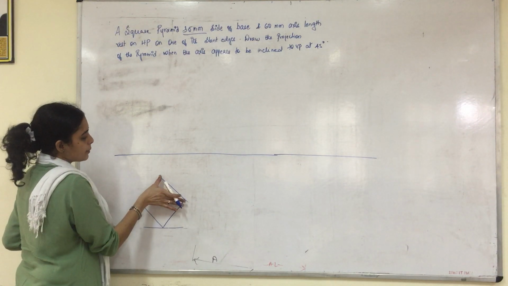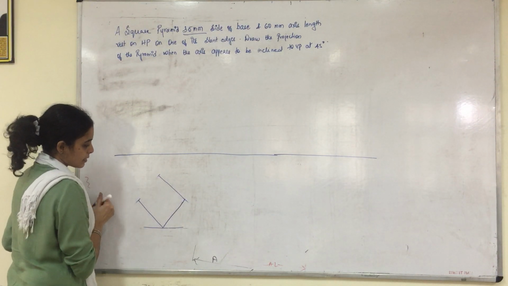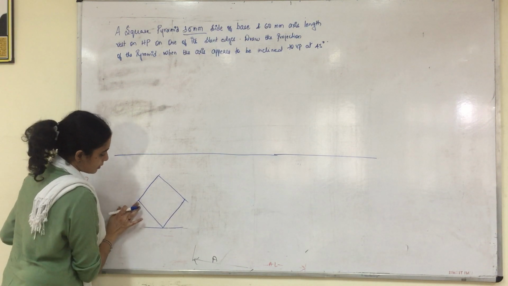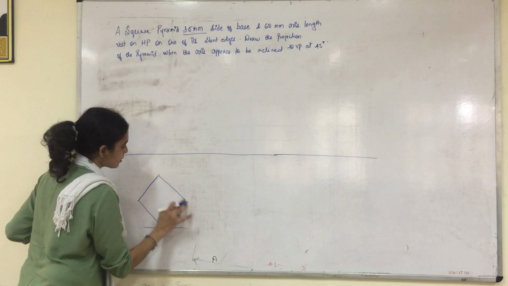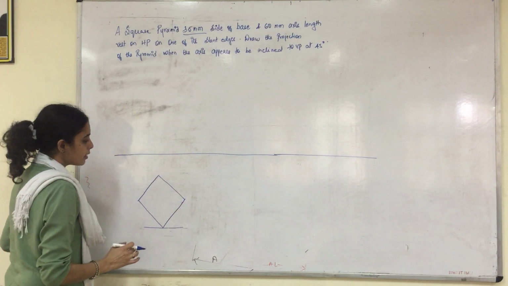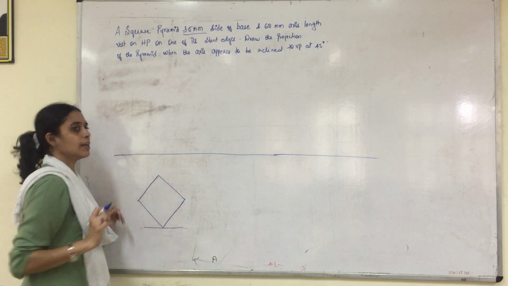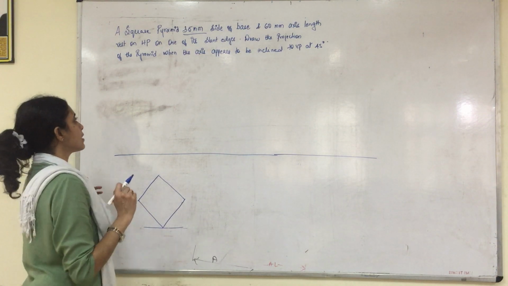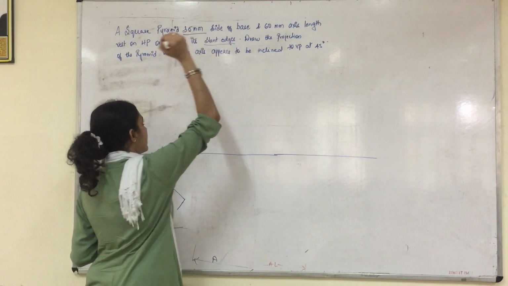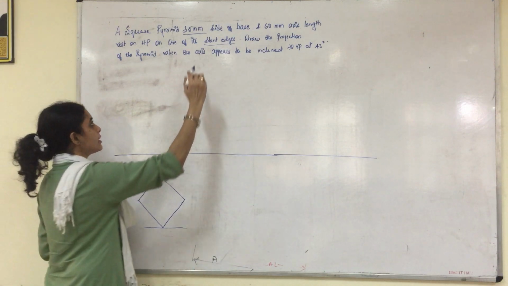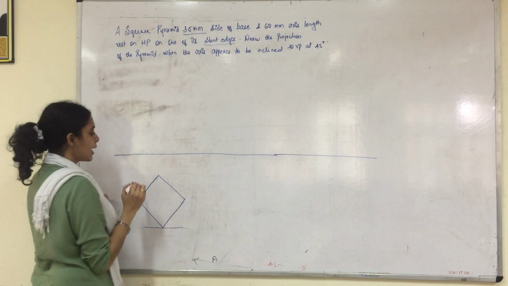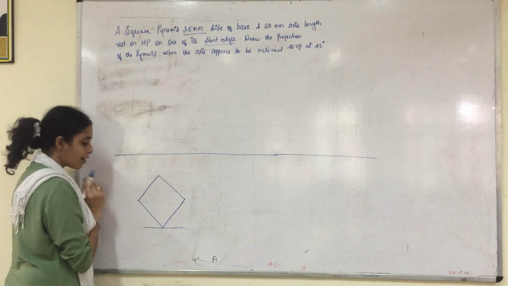Okay. So then again measure 35 mm and cut an arc and join this. So you can erase the extra construction line. So now we have constructed the top view of our square pyramid when it is resting on one of its slant edges. So always when it is resting on one of its slant edges, you will fix one of the corners towards your right and you get the opposite corner towards your left.